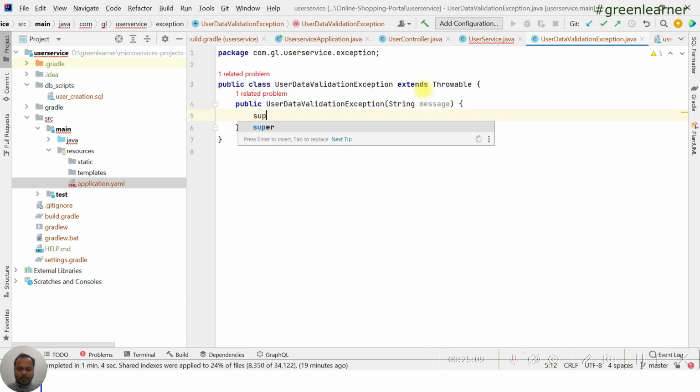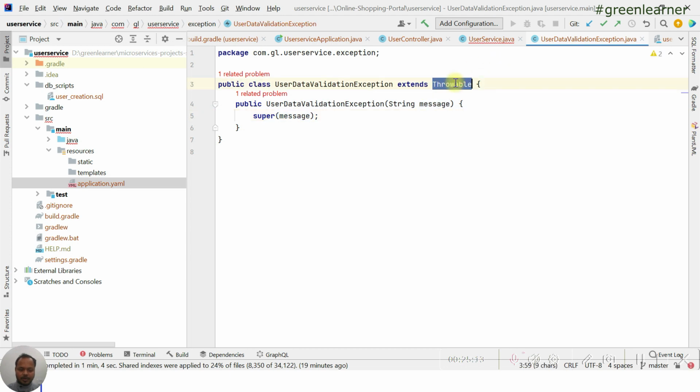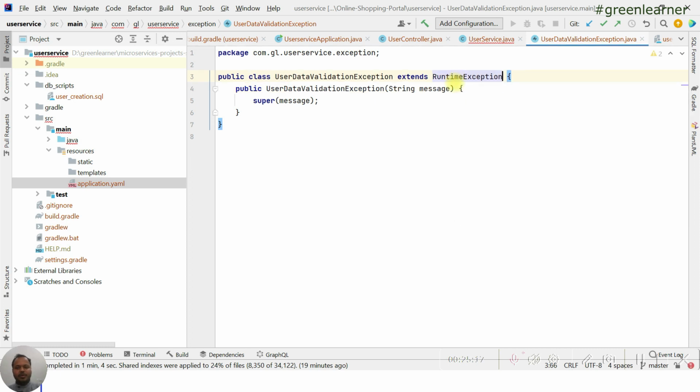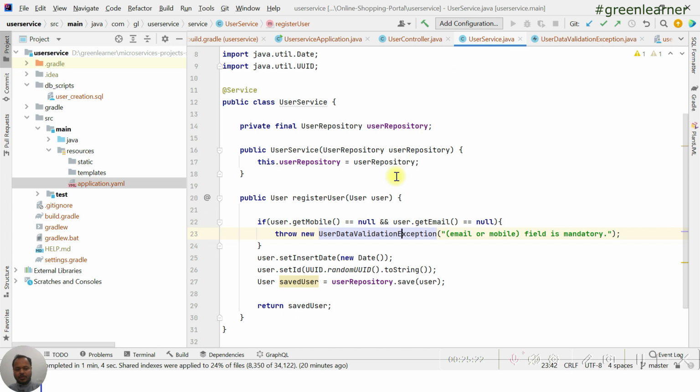We are going to have proper exception handling for this, so don't worry about that. Throwable is a checked exception, which we do not want. We want the runtime exception only, so that it doesn't go up the call stack where we have to take care of it.